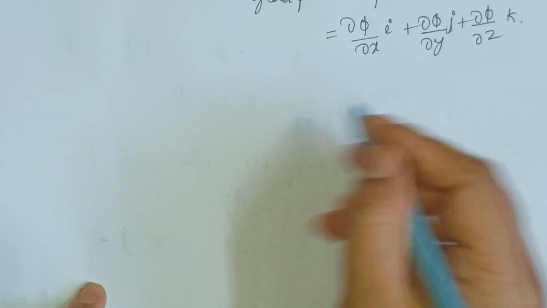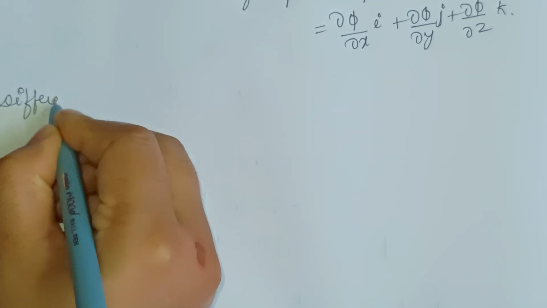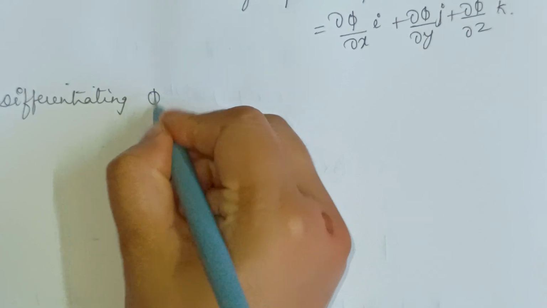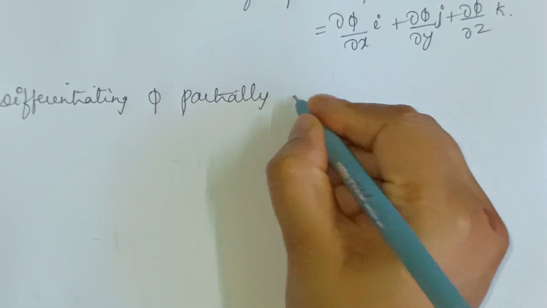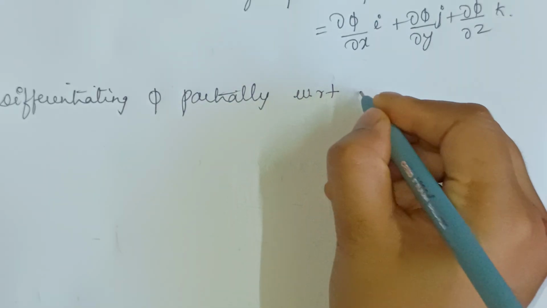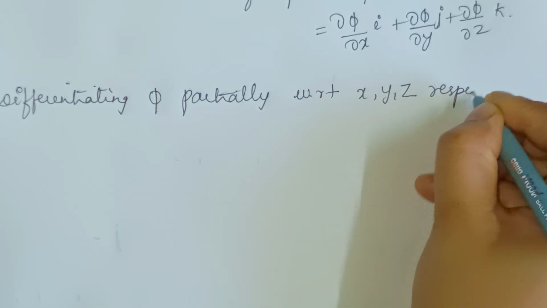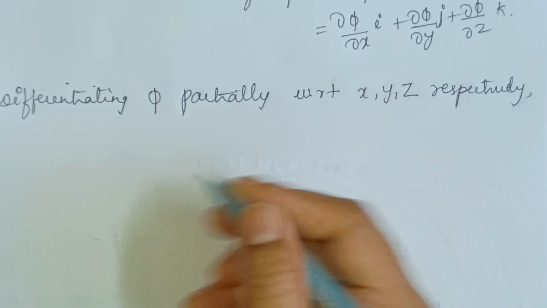So using this, differentiating phi partially with respect to x, y, z respectively, we get,